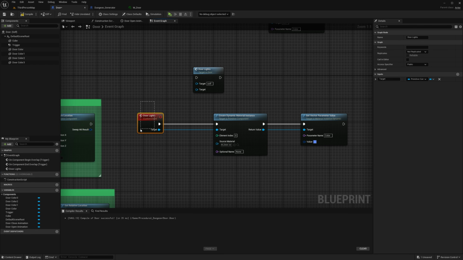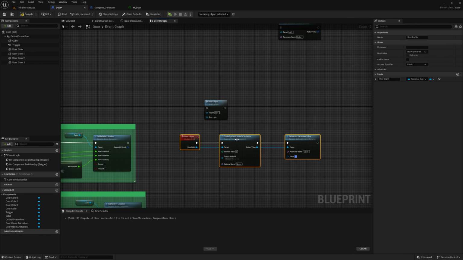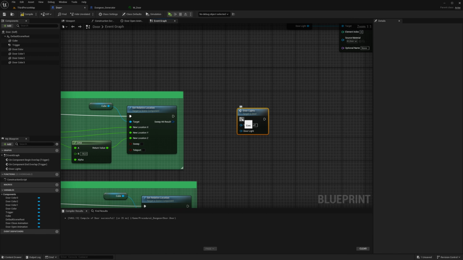So let's click on the custom event, go here to input, change this to door light, because we only plug in 1 in, right? And then we just move this away up here, and then we use this one, the custom event.